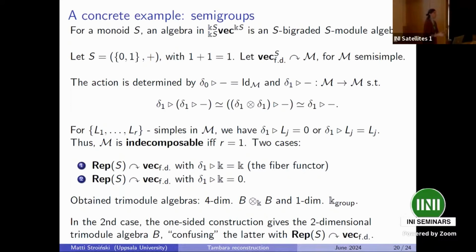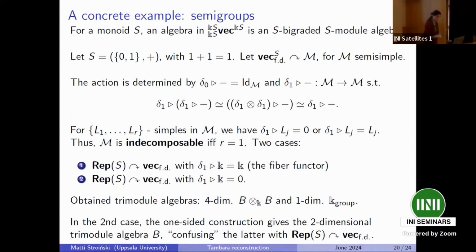So this is very similar to what one would do for tensor categories. You look at semi-simple module categories where you have a semi-simple tensor category. And in this case, this semi-group algebra is semi-simple. One can characterize indecomposable semi-simple module categories. Both act on vector spaces. The only thing that distinguishes them is the action of the one-dimensional